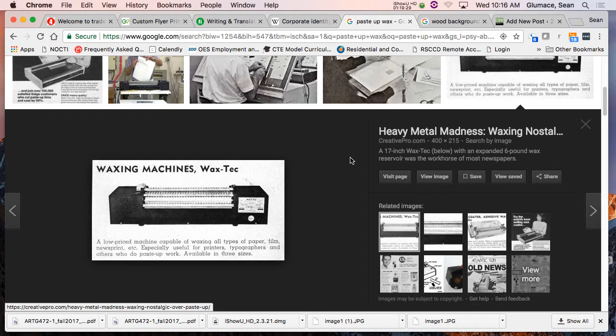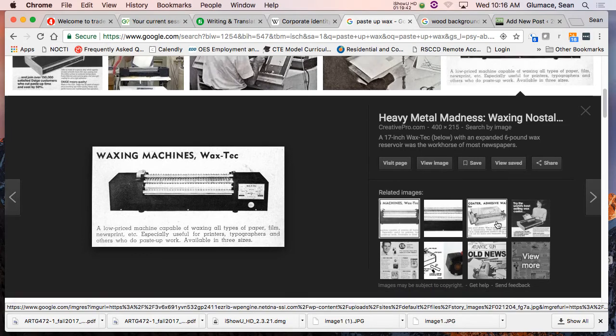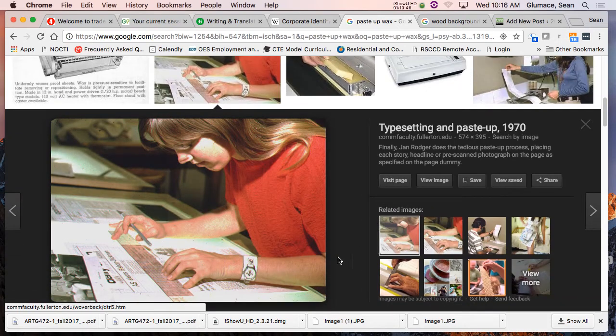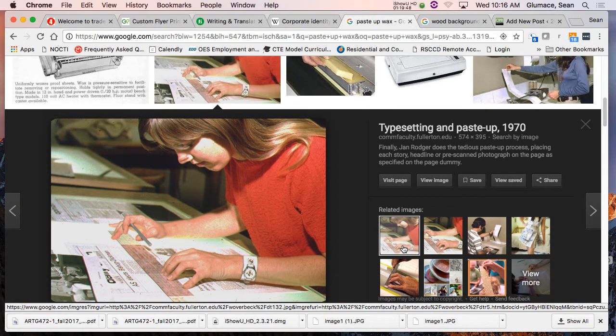And the problem is you can't throw water on a wax machine. What happens? It explodes. Then you got hot wax everywhere. So we actually had a, what do you call it, fire blanket. We just throw a fire blanket over it. But yeah, and you always got to remember to turn it off at the end of the day. Otherwise, yep, there you go. So someone laying out a newspaper.